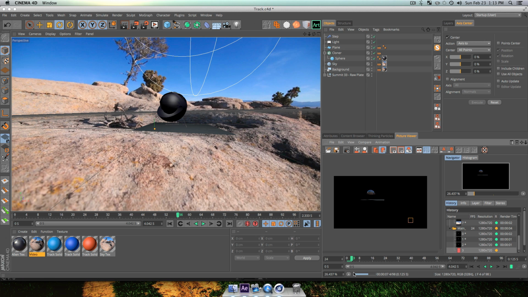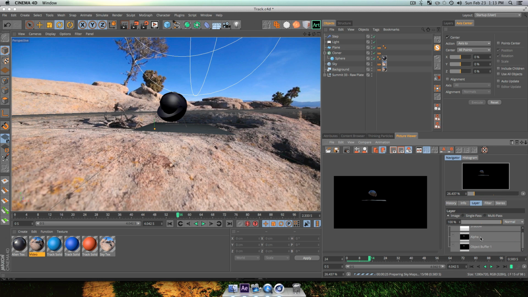So as you can see, our scene is exporting, and this is going to render really quick. You know, as you can see, it's rendering like 1 frame a second. So I might even just keep this video rolling. I was going to pause it, but this is rendering out really quick. So what you're going to want to do is go over into your layer here and make sure that you're getting all these different passes.